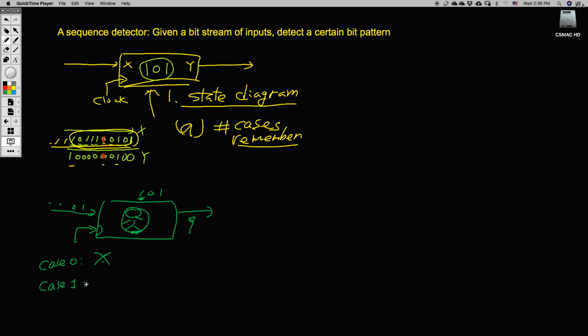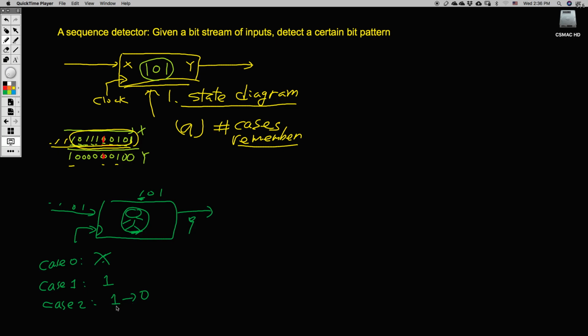Case 1 is the beginning bit of the pattern: 1 has been entered, just remember that. Then the next case is 1 and then 0 has been entered. Out of those three different cases, you should be able to respond correctly whether the bit pattern has been entered or